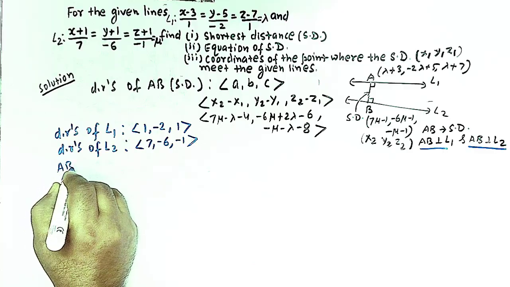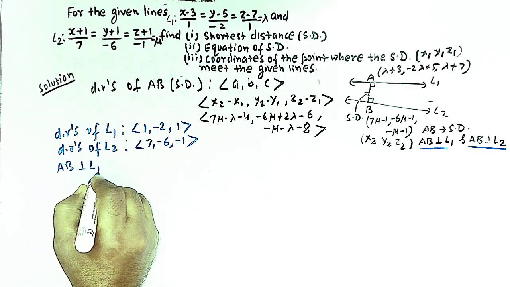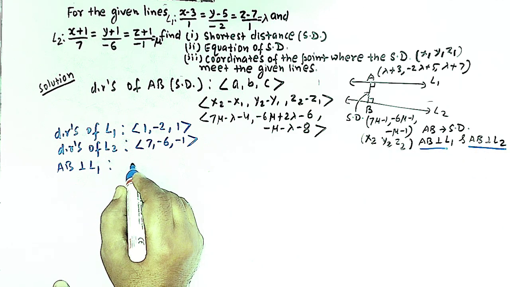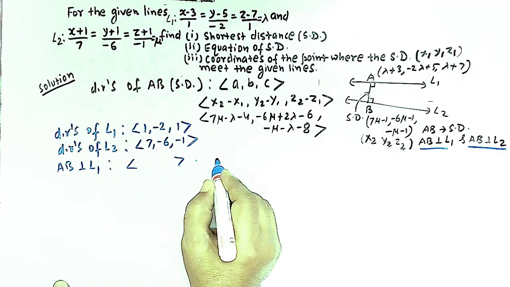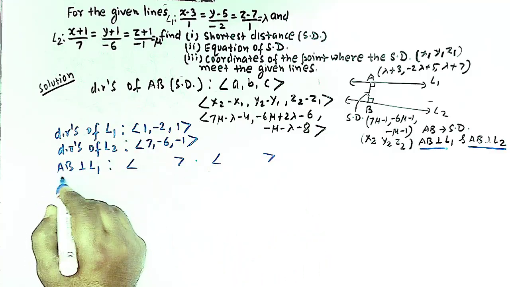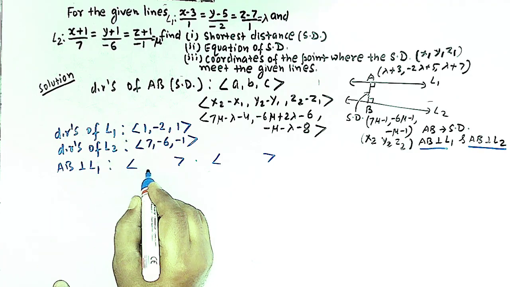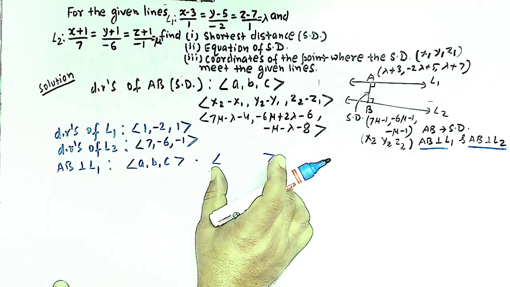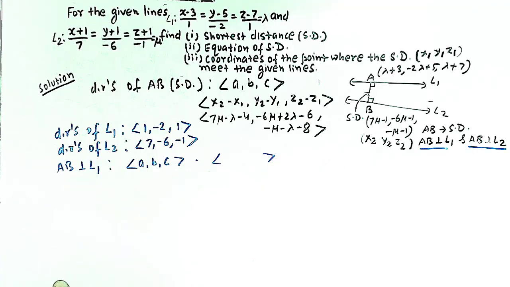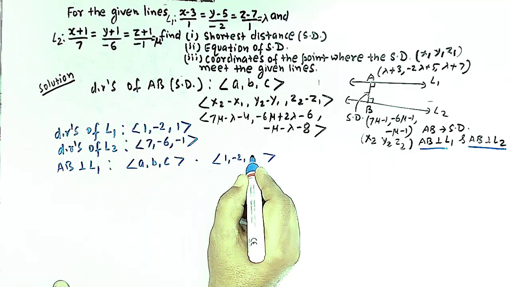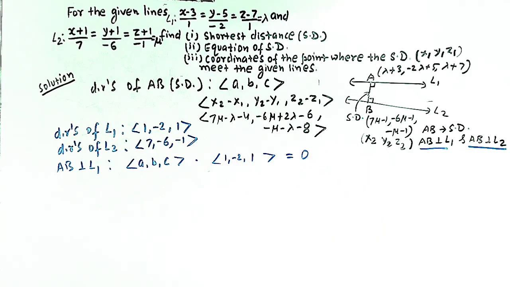First is AB is perpendicular to L1, right? So when two lines or two vectors are perpendicular, then the dot product of the two vectors, that is the direction ratios of this line of shortest distance AB as A, B, and C with this vector, that is the direction ratios of the line L1, which are 1, minus 2 and 1,